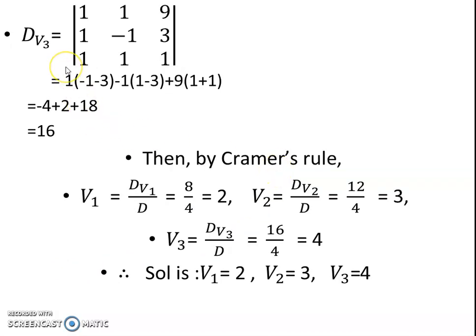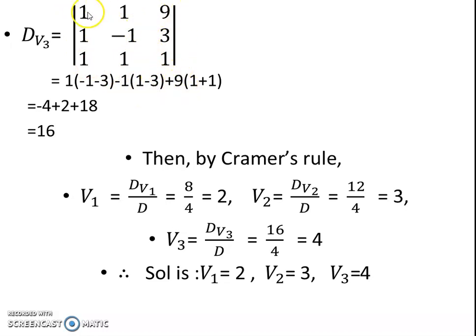Now next, dv2, the v2 we completed, dv3 is there. So in this example, 1 1 9, why? Because the last column is v3. So instead of the v3 coefficient, we have to put 9 3 1. The remaining procedure is the same. We have to skip the first row and first column as it is. So minus 1 into 1, we have to take minus 1. 1 into minus 3, it is minus 3. Next, first row and last column. So that is, we have to skip the first row and second column. 1 is minus 1. So we have to take 1 into 1, 1, and 1 into 3, minus 3.